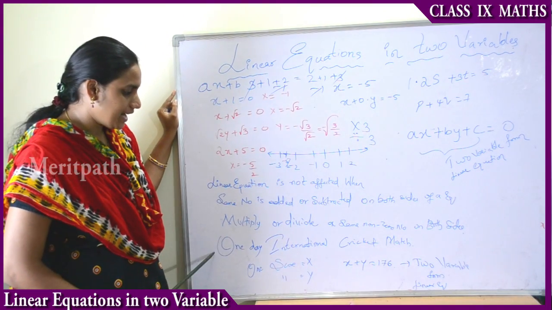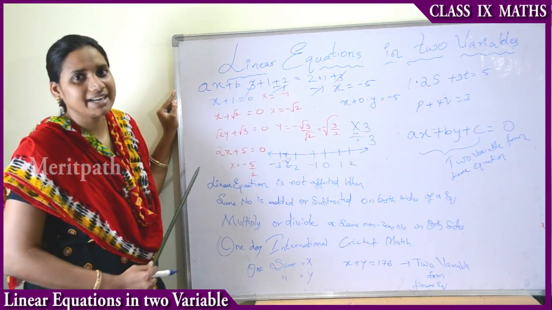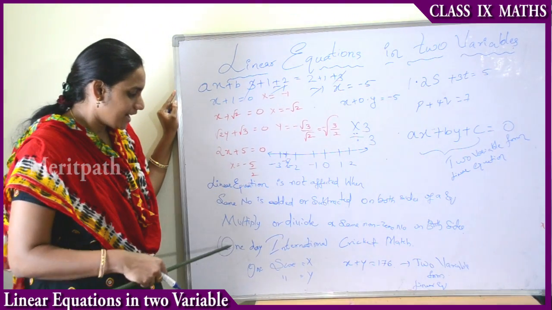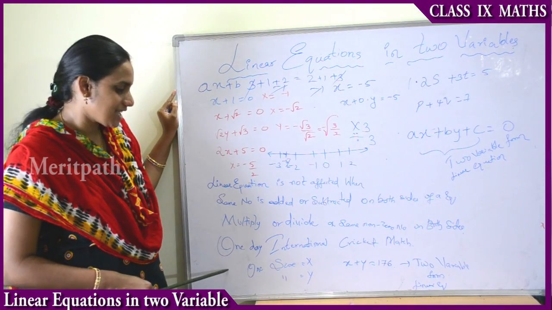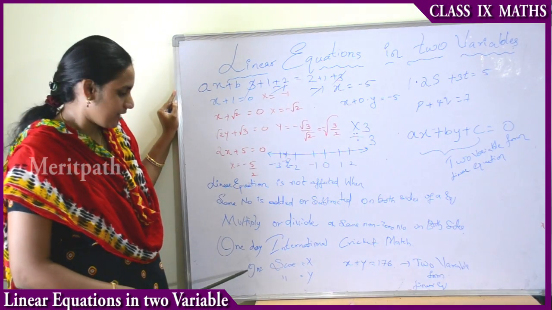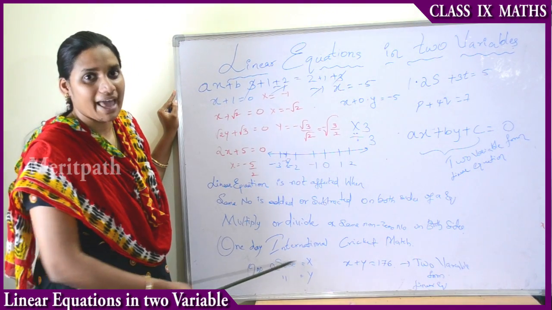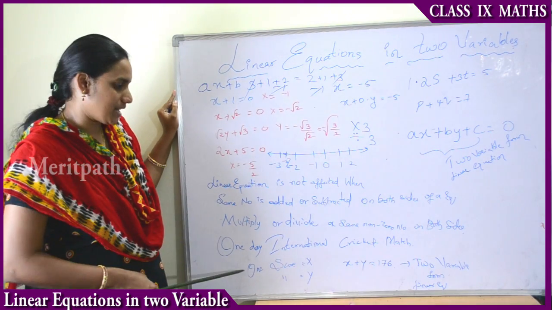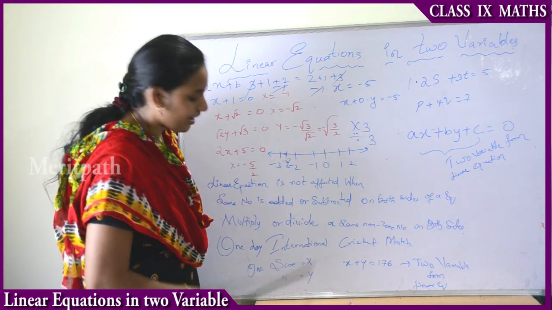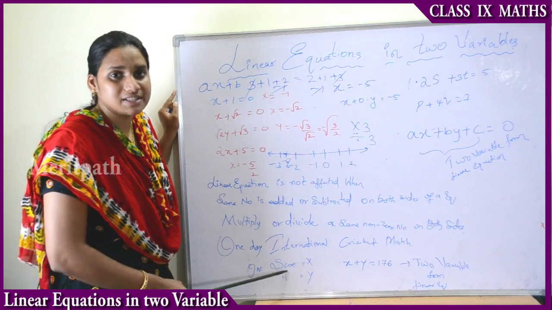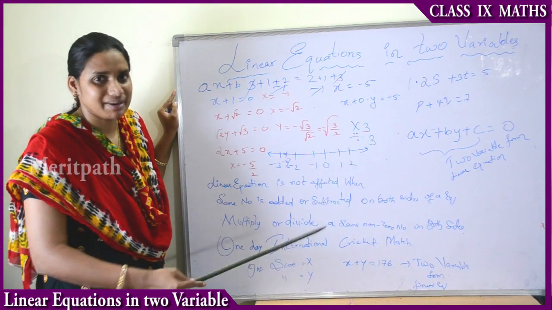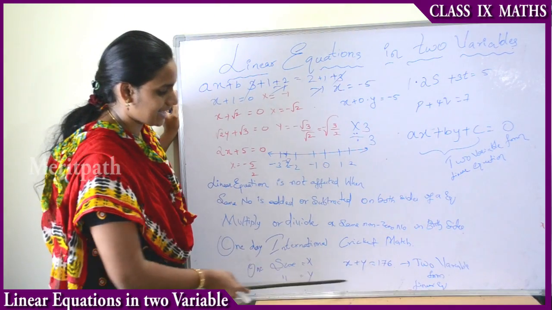One day international cricket match. Suppose let us deal with a one day international match. It's very interesting, right? Now let us see the cricket match. One batsman, Sourav Ganguly, will be scoring the value x, and someone else will be scoring y. That means their scores are x runs and y runs. So when we sum those runs, x plus y equals 176.